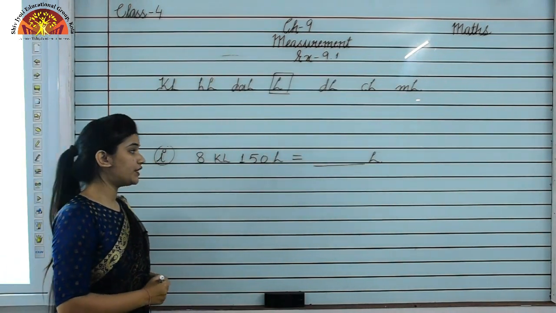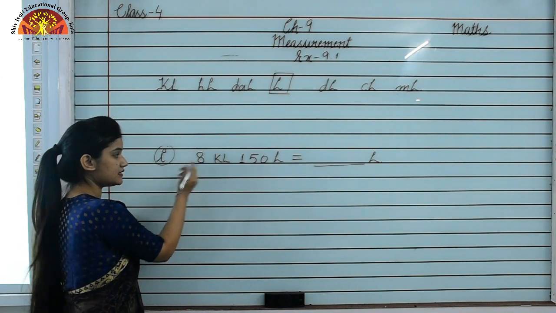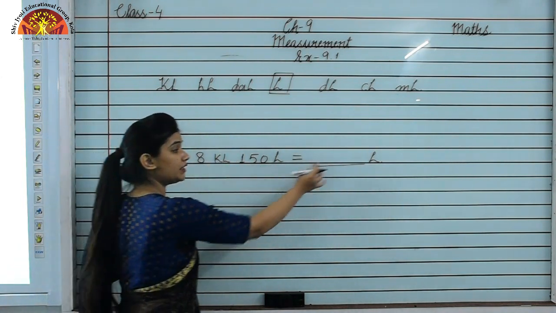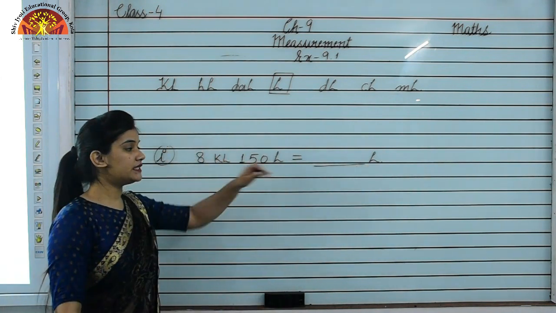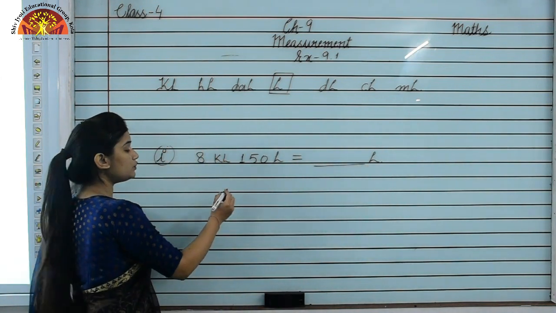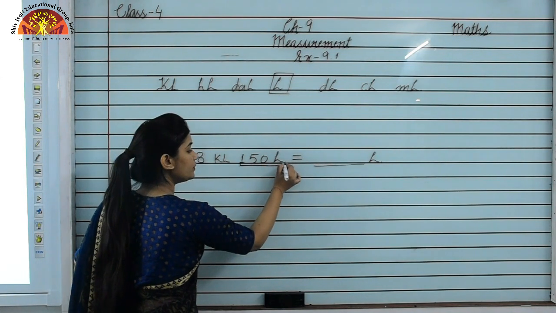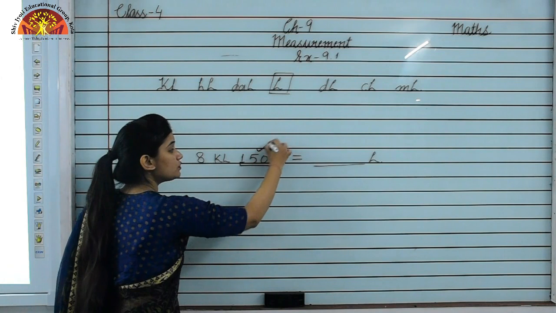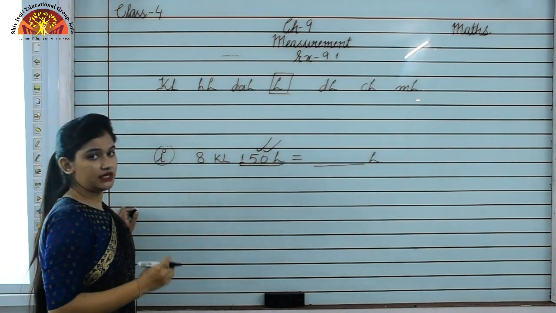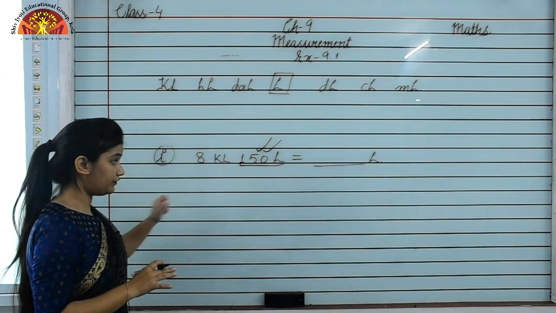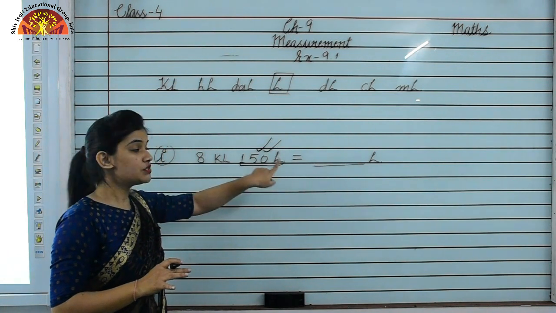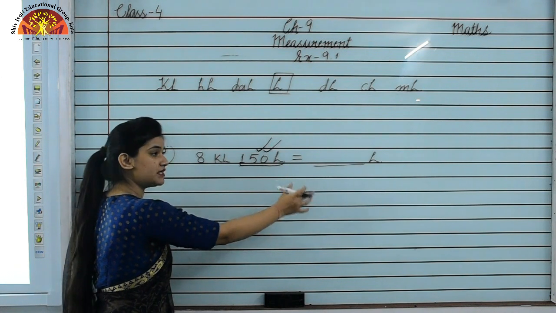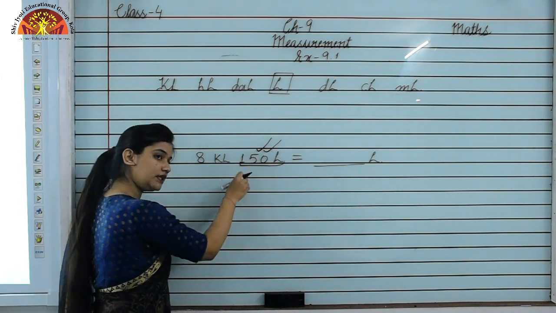So now we will see one more question. The next question we are taking is I part, and the I part is 8 kiloliter 150 liter and we have to convert it into liter. किसमें convert करना है हमें? Liter में convert करना है, right? So first of all you can see students, here we are observing 150 liter and we have to convert it into liter. So we can see 150 is already given in liter. 150 जो है वो already liter में है. So we no need to convert 150 liter into liter because it is given in liter only.